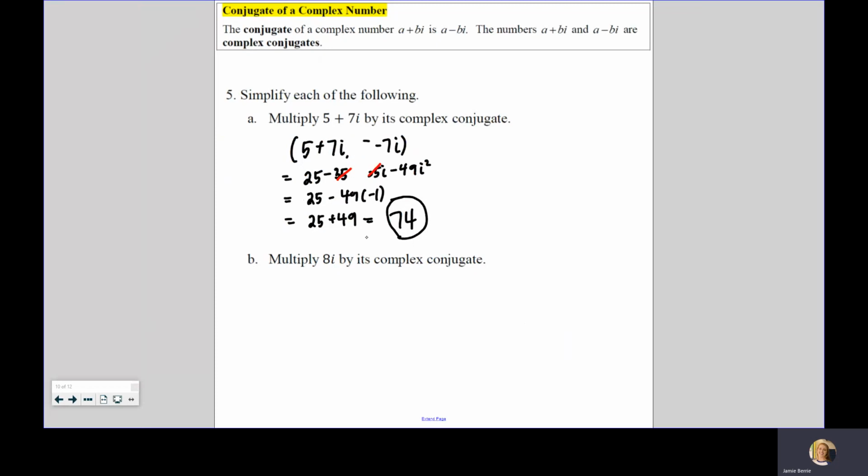Okay. So multiply 8i by its complex conjugate. You can kind of think of this as being like 0 plus 8i. The complex conjugate would be 0 minus 8i. That's going to be,